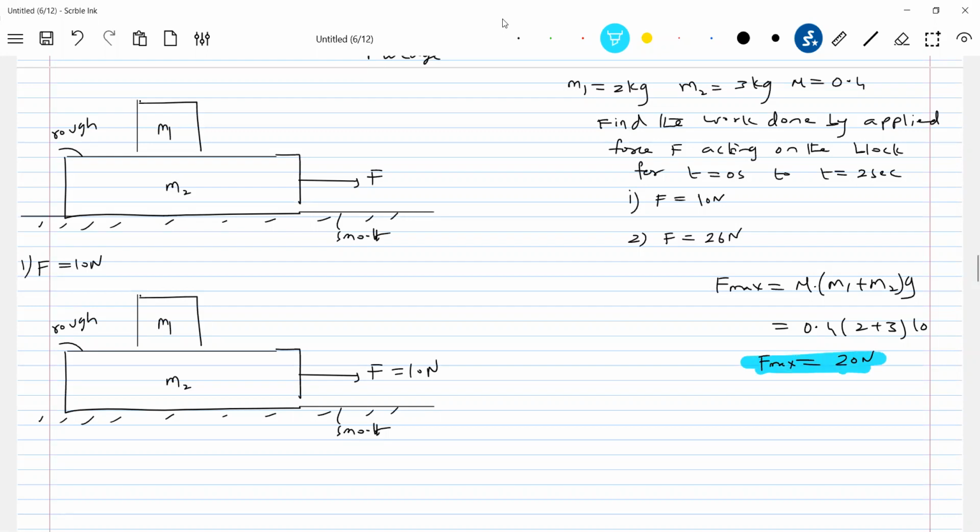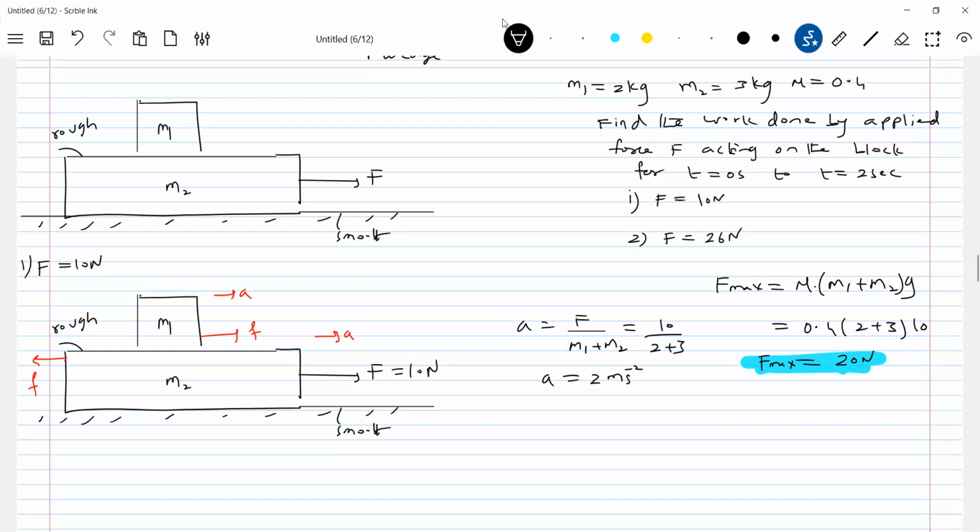Or, no sir, I don't know the formula. What is the best method? Directly I assume the friction force acting on the block M2 like this, in this direction. I'll assume that no slipping occurs. Sir, how can you say? I too don't know, I'll work it out. What is the net acceleration of the system? The friction will become internal forces. So the acceleration of the system will be F by (M1 plus M2), 10 by 2 plus 3, 2 meter per second square.